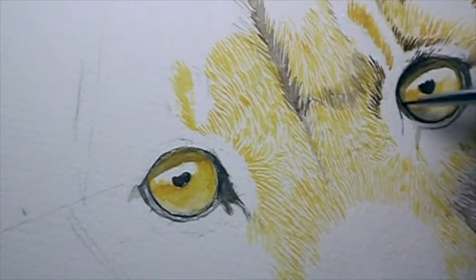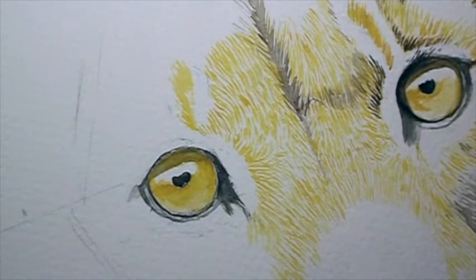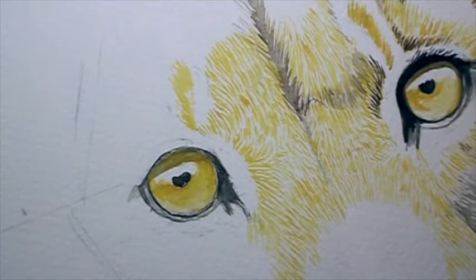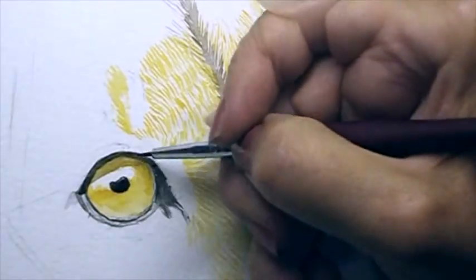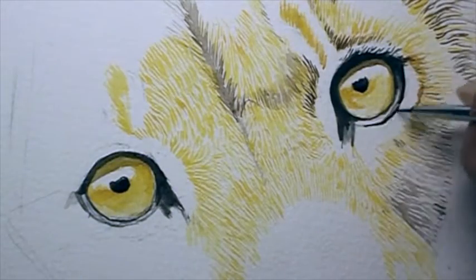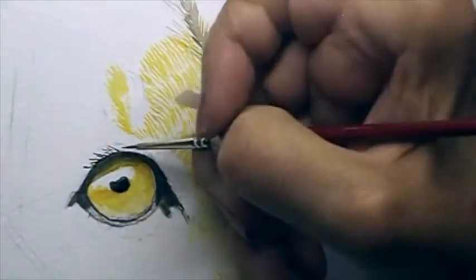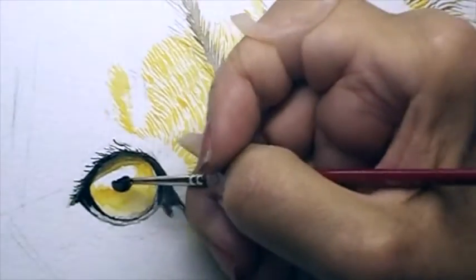So once the eyes dry, I actually go back and work over certain areas, because the black, when it dries, becomes grey, and so it becomes very dull, and I find that I need to work over quite a few times to get that really dark black. I'd lightly do some of the hairs around the eye. I have a look at the